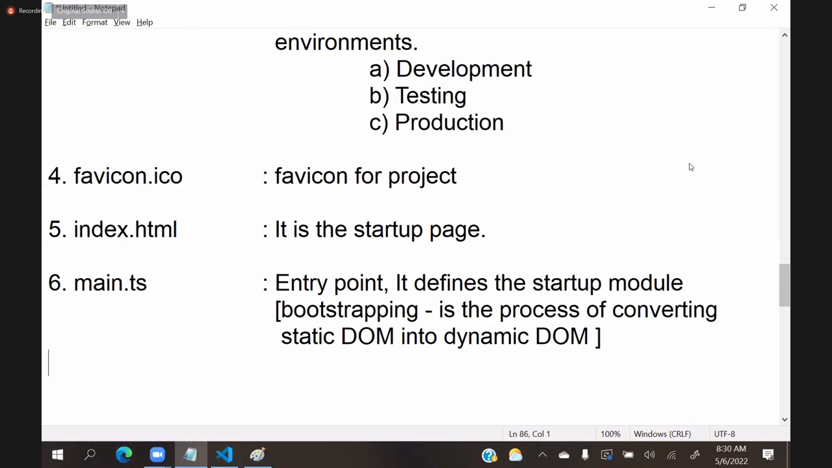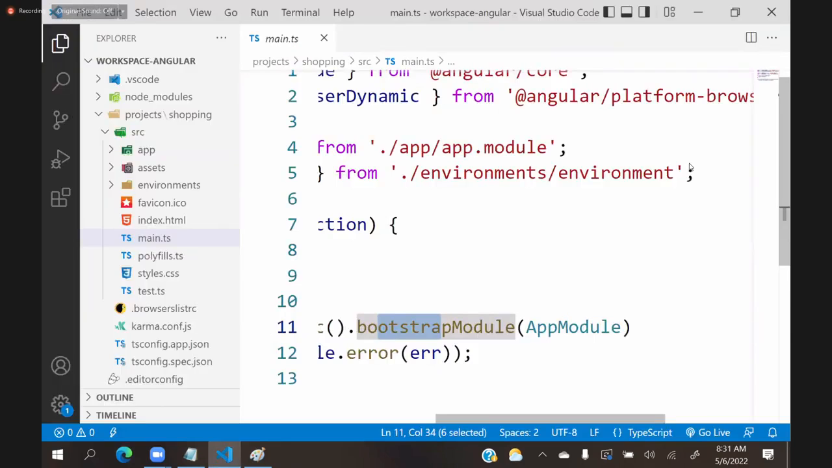We can change it according to our project. Suppose I want to start with home, or I want to start with register, or I want to start with login, it is your wish, you can change. By default, it has only one. Okay, that is main.ts. Next one, this is very important again,